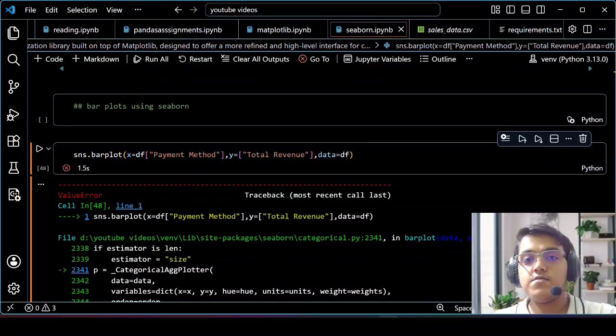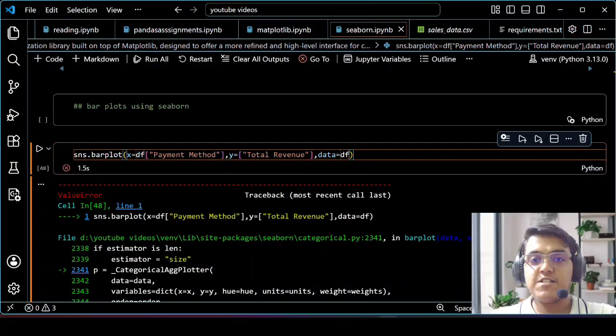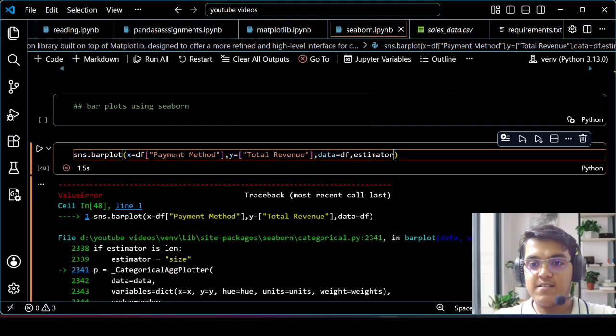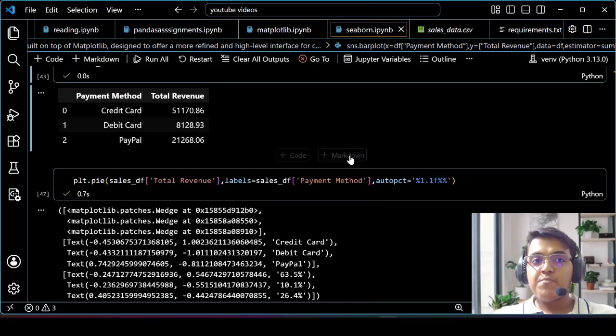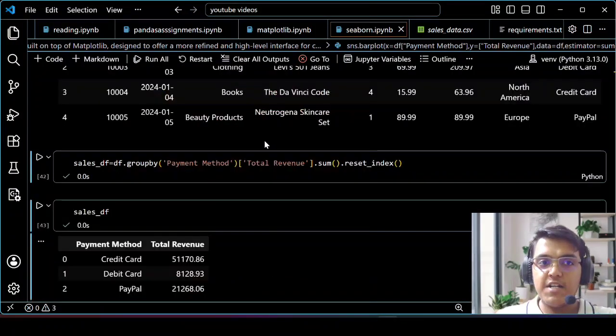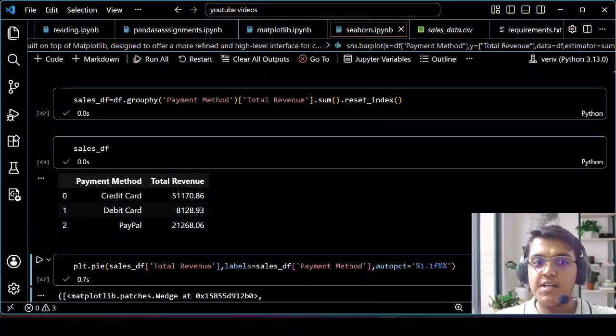Okay, another parameter that has to be used here is estimator, which is sum. So in Matplotlib, you just saw that I had to first do this group by and make another data frame